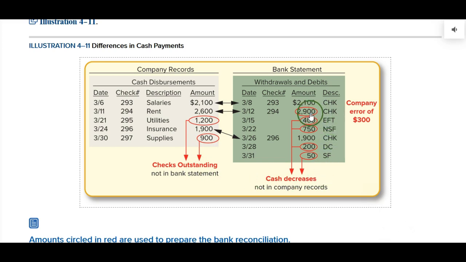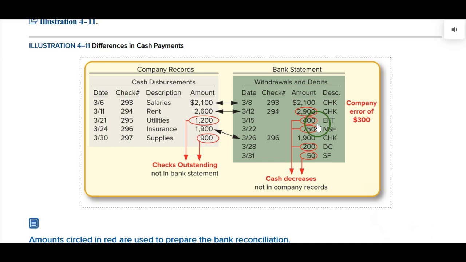And the bank has a difference here. Look at this check number 294. We wrote down that the check was for $2,600. The bank has it was for $2,900. Now, upon investigation, you find out that the bank is right. We recorded the incorrect amount in our accounting records. So we recorded the check for $2,900. That's accurate. But I guess we got in a hurry. When we went to the accounting records, we only wrote down $2,600. So there's an error that we have to account for. It's the company error, not a bank error.